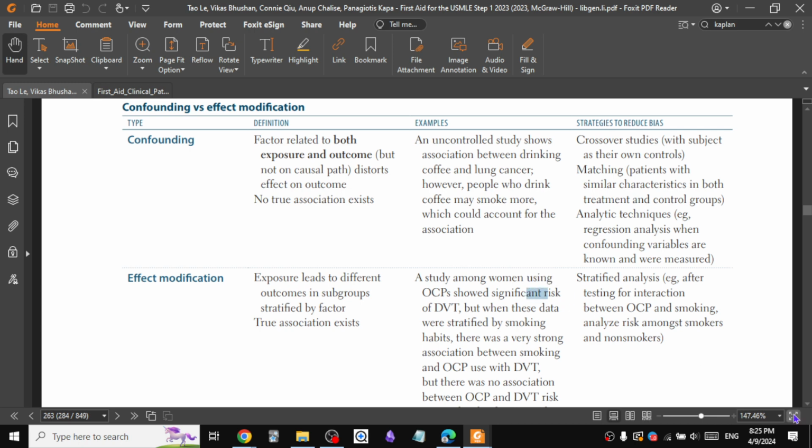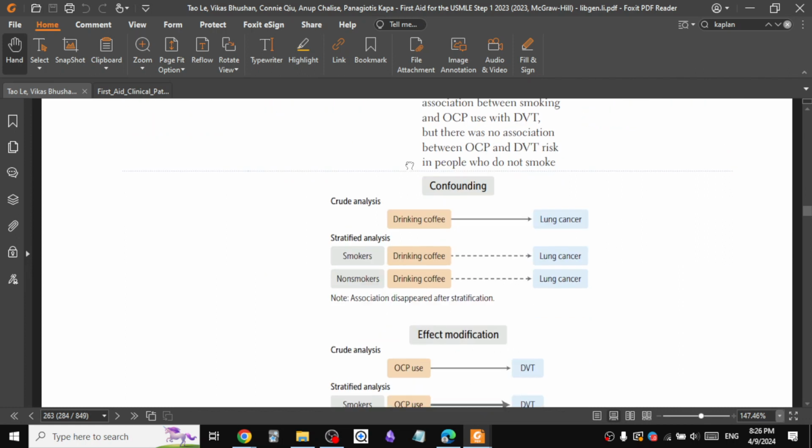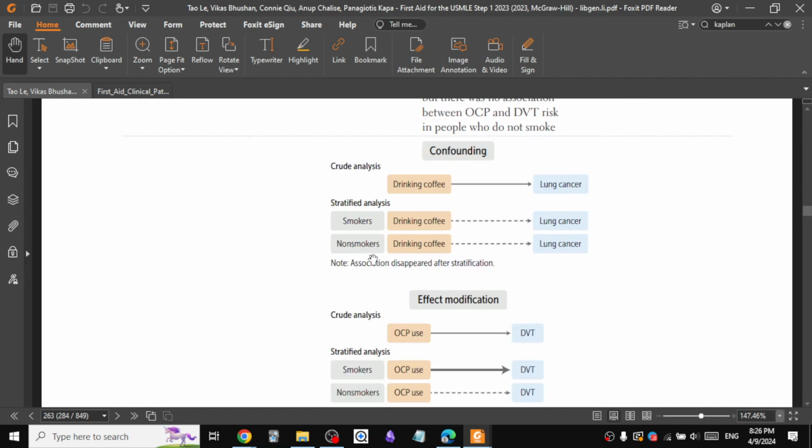So confounding and effect modification. This is best understood when we learn the null hypothesis and variables and stuff like that. I'll come back to this then as well. But what we have to determine right now is what we're looking at. Let's say I conduct a study where I'm looking at the association between drinking coffee and lung cancer, okay? So